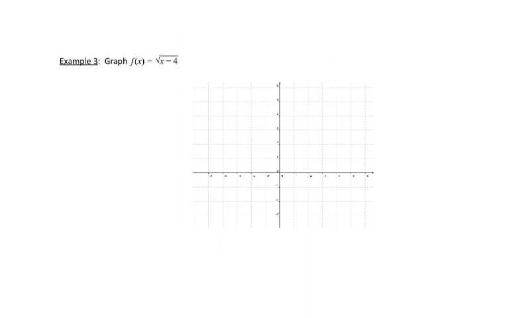So the first thing we have to recognize is that this is really a square root graph. Our original square root graph starts at (0, 0), (1, 1), and it curves up and over. This minus 4 is inside. It's minus, so that tells us we're going to move right